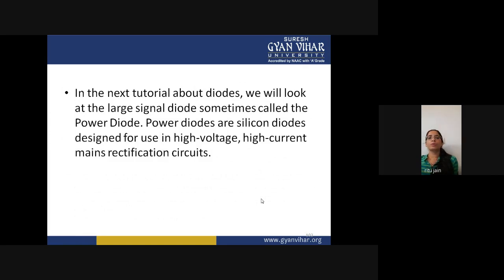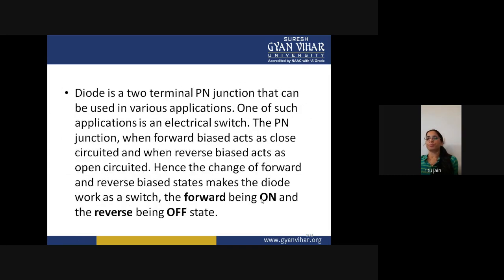When you don't know the basics of these diodes, you won't be able to understand power electronics. So first you have to understand what your signal diode is, what the ratings of a signal diode are, how you can use this signal diode, and where you can use these signal diodes. Okay. And the next one is your power diode. The basic difference I want to tell you between the signal and power diode is that the signal diode rating is lower as compared to the power diode.